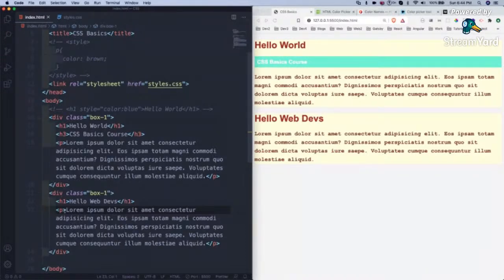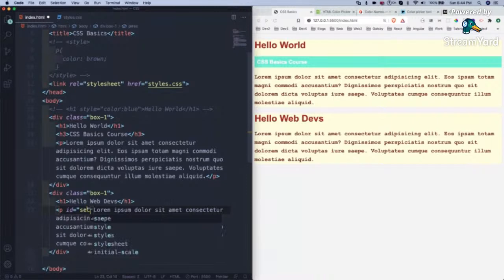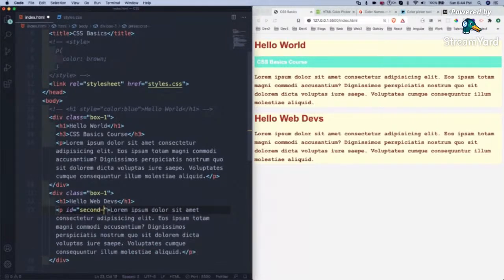So P, I'll give ID equal to, I can give any name. This is up to me. I can give anything. Okay, this is second P, but it is advisable to have it in lower case. So second P I have given, but there is a different way in which the IDs are selected. Like this,